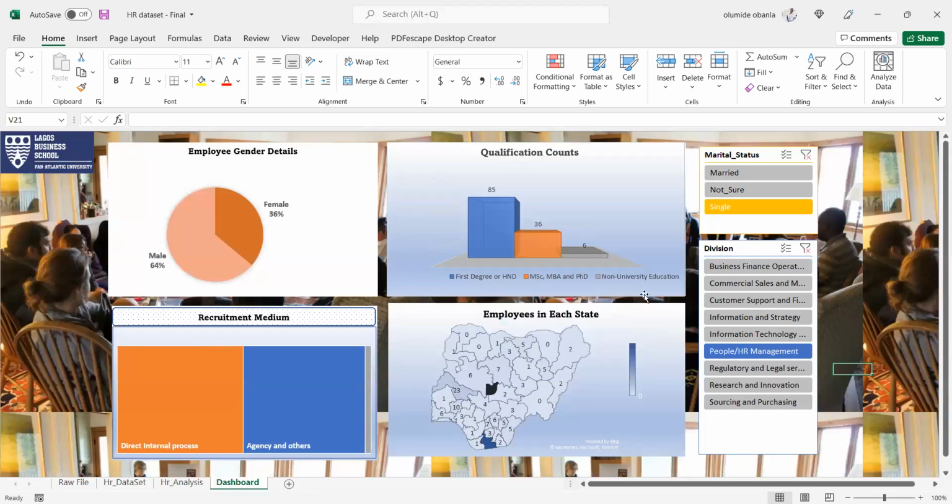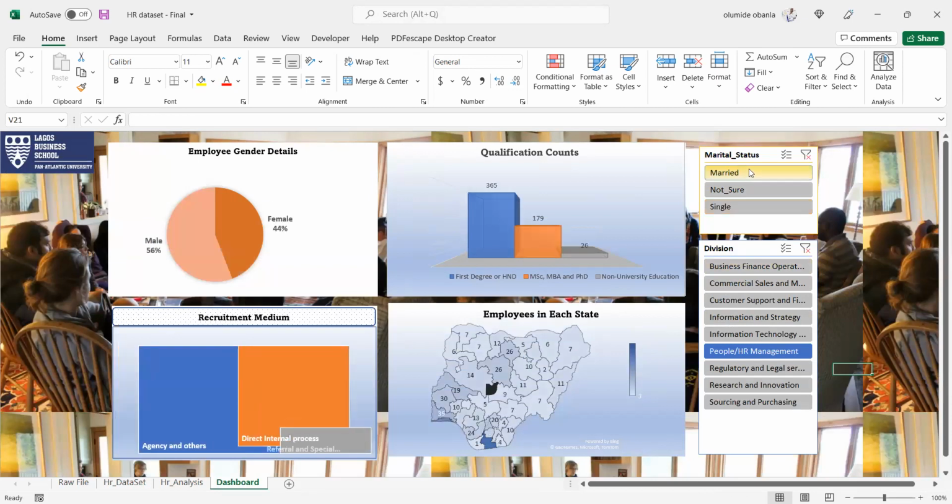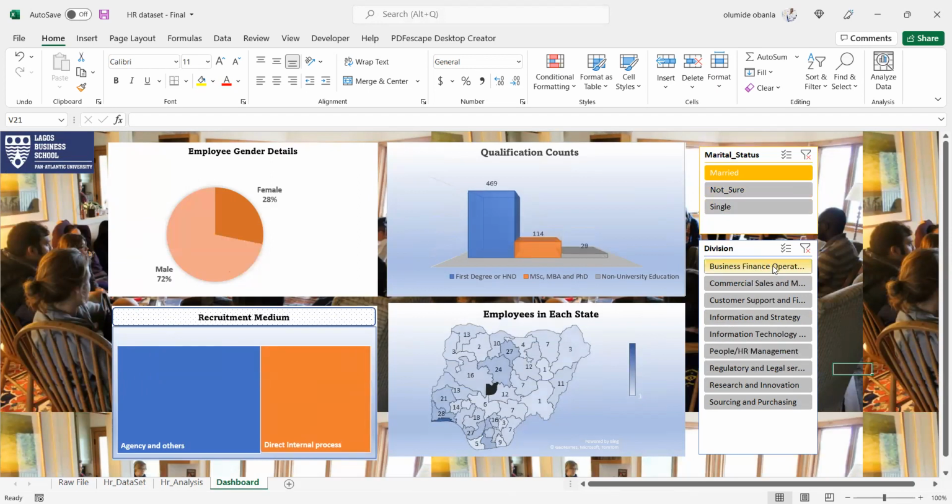Can you all see my screen? Yes, we can see it now. Make yours interactive. I used the HR data. By marital status, I want to know those people that are married in business. Because there's a field about state of origin, I decided to use the map of Nigeria to capture it.